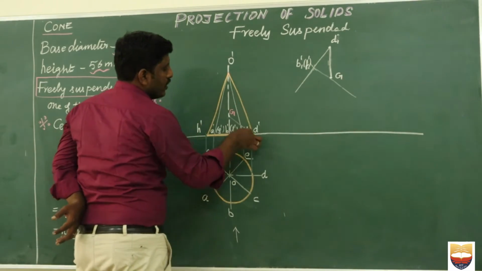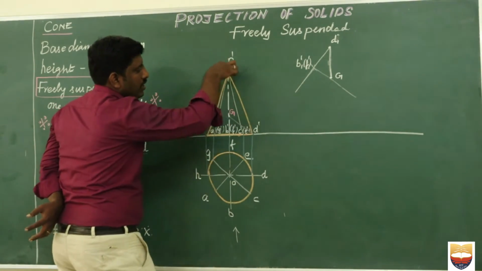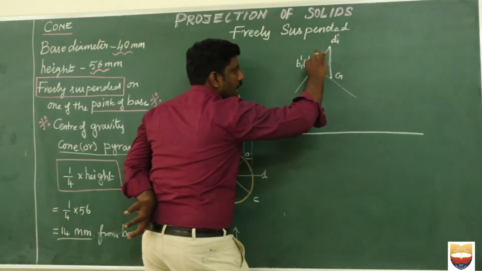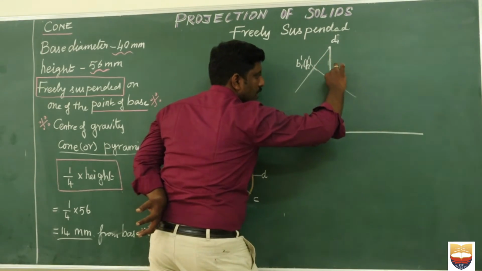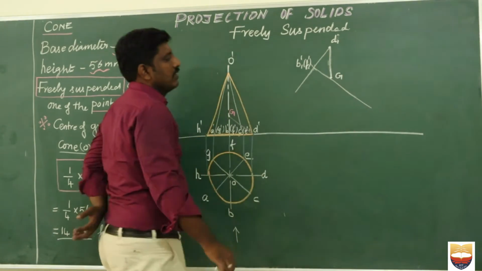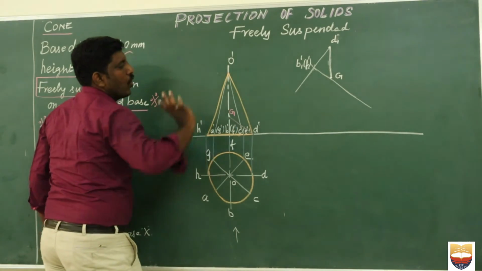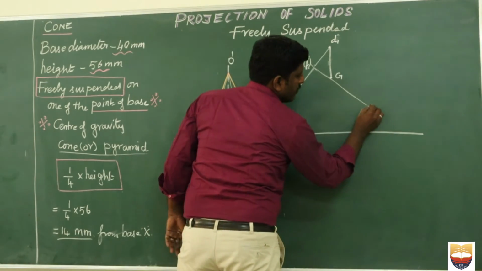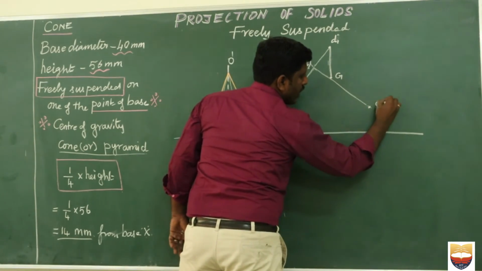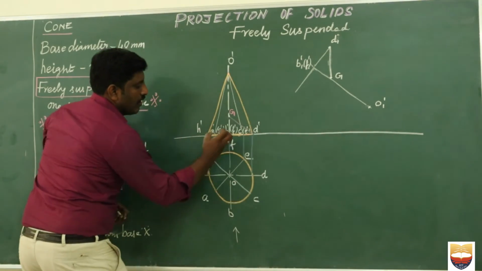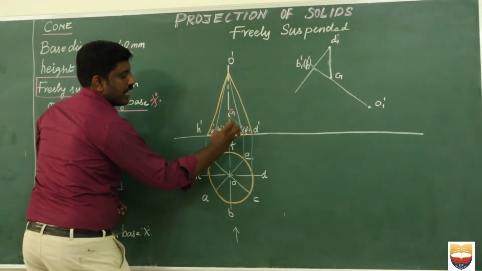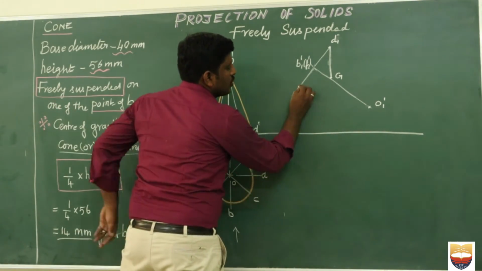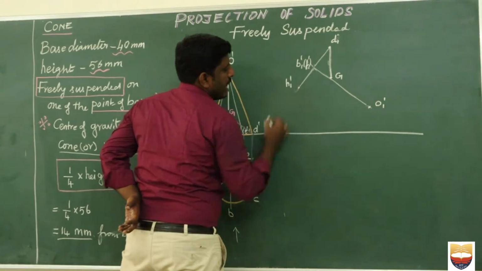Now I try to connect this line and extend it. So now I have got this base line. Now I try to draw this center line, which is perpendicular to this B. From B, I am drawing a perpendicular line, which is the center axis. I know that from B the O is 56 mm. So from B I am cutting an arc of 56 mm and naming it O1 dash. From B I can measure H with a compass and I have an arc here. So this is my H1 dash.